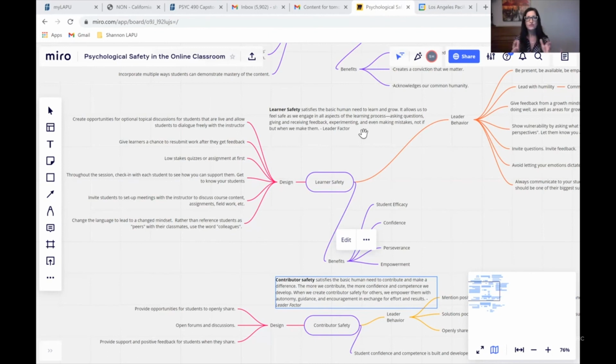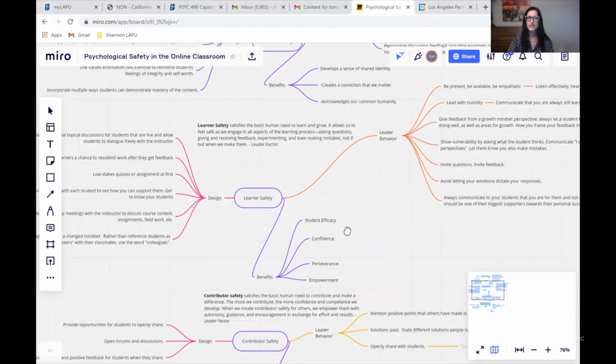So those are just a few ways that you can build an opportunity for students to get to know you and for you to know them. And that helps to build that learner safety where they feel like it's okay to ask questions. It's okay to take risks. My professor will support me even if they disagree with where I'm coming from. I still feel supported in this class. So those are my tips for today.